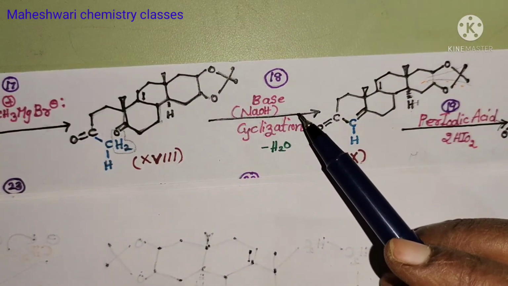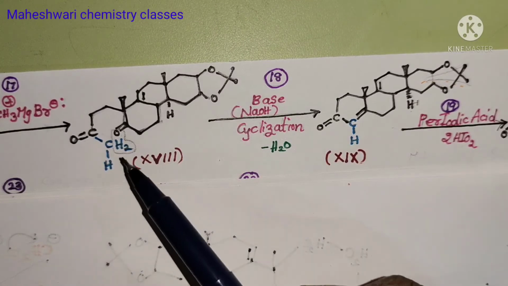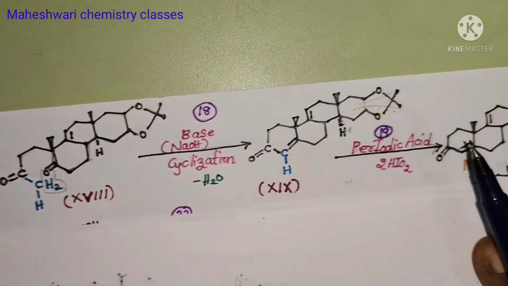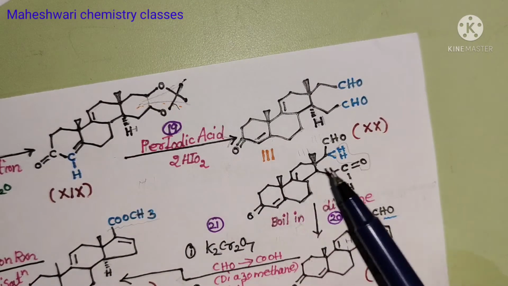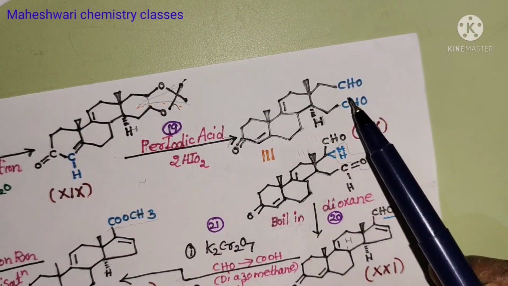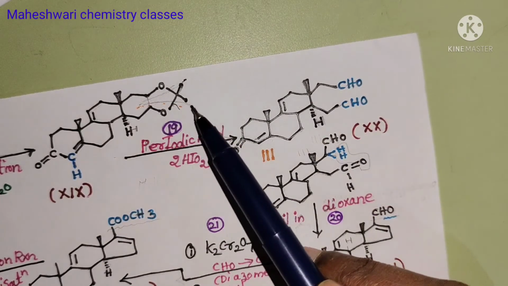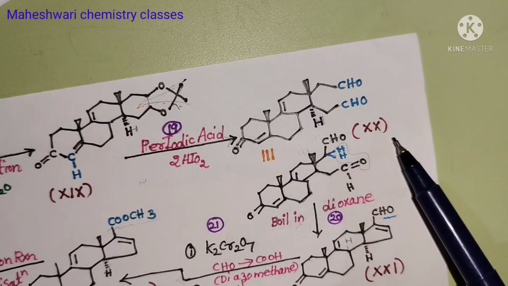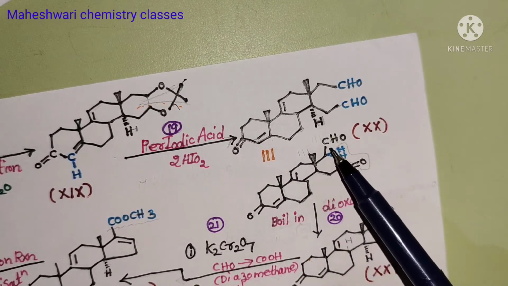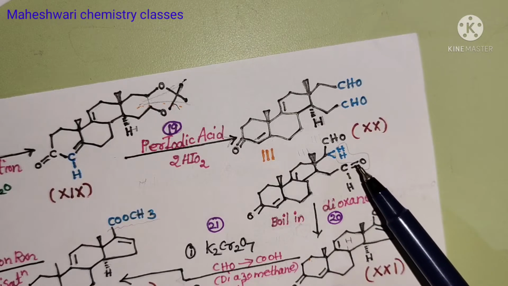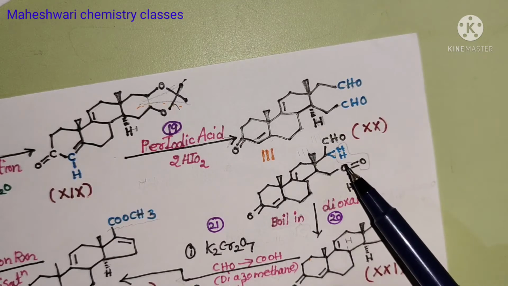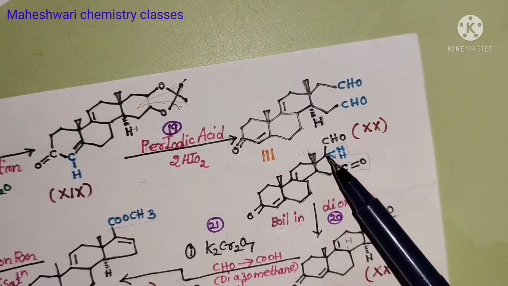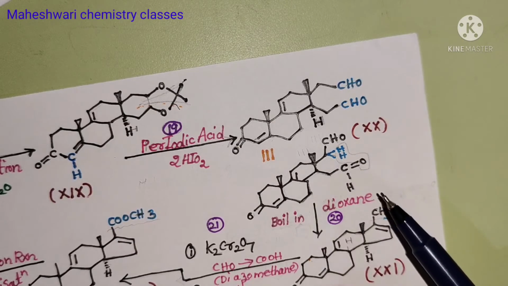Later it reacts with a base, and again cyclization occurs here, you must remember. Next it reacts with periodic acid. In the presence of periodic acid, this ring is opened and it converts to CHO and CHO. This is our 20th compound. For easy understanding I wrote it like CHO, and this CH2, like here I am showing 2 hydrogens. Later, from this CHO the oxygen is eliminated. From this active methylene group 2 hydrogens are eliminated like water.